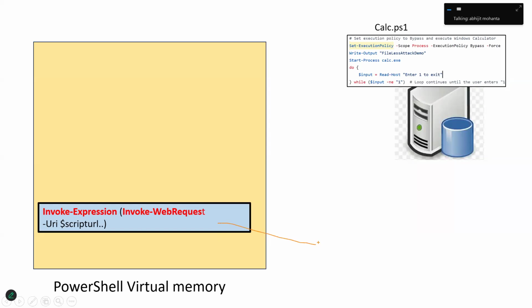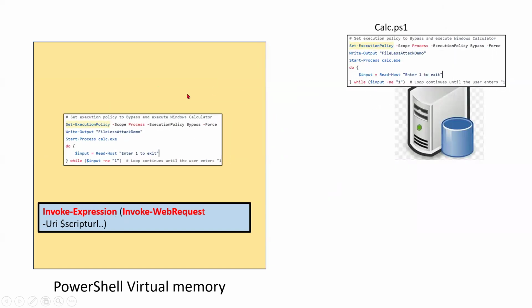So this is my fileless script.ps1. So once this is executed, here is the Invoke-Expression command which is executed, and which in turn executes this command. So what happens when this command is executed? So our calc.ps1 is executed from the GitHub repository. So when this command is executed,